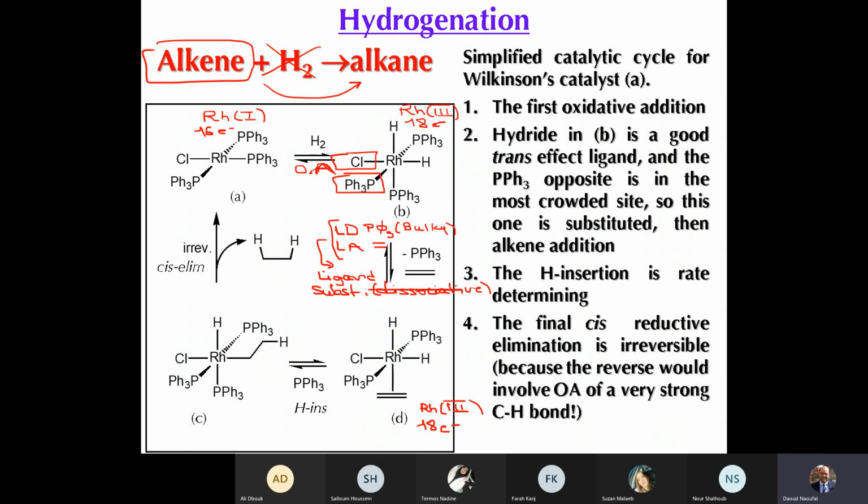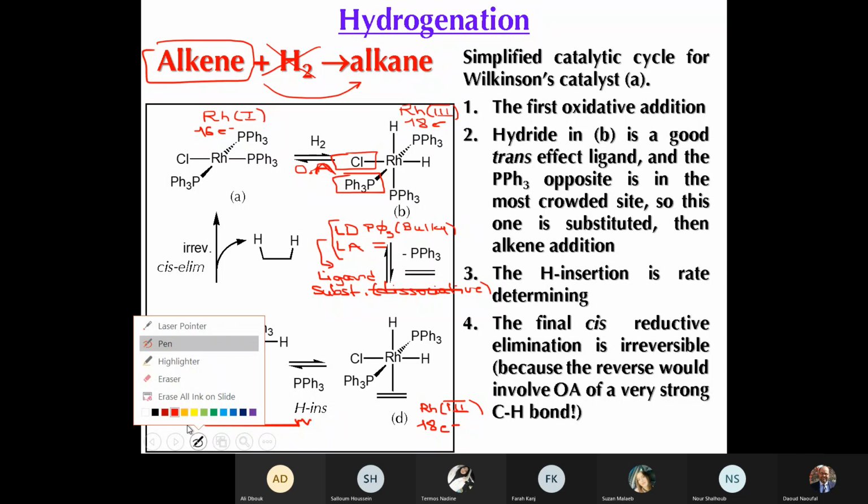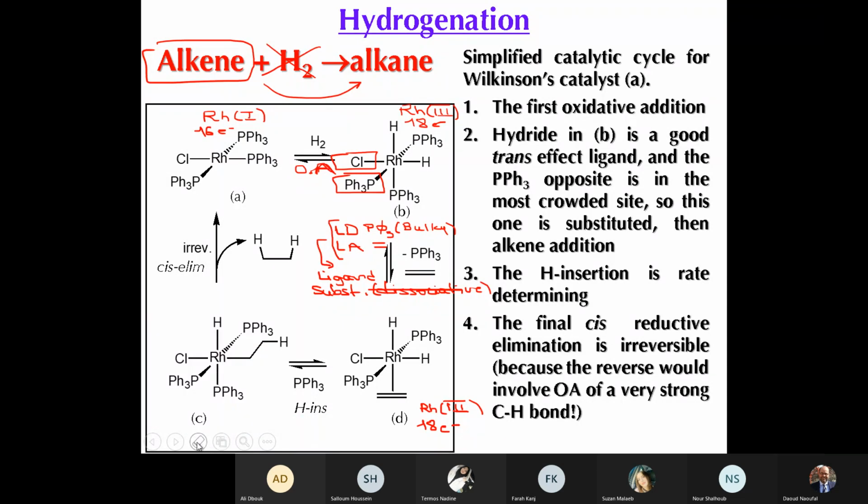And to note, in the migratory insertion, one anionic ligand on the complex will attack another unsaturated ligand on the metallic center. So now we have migratory insertion, H to alkene,